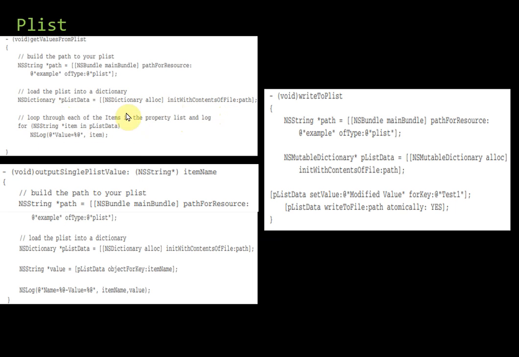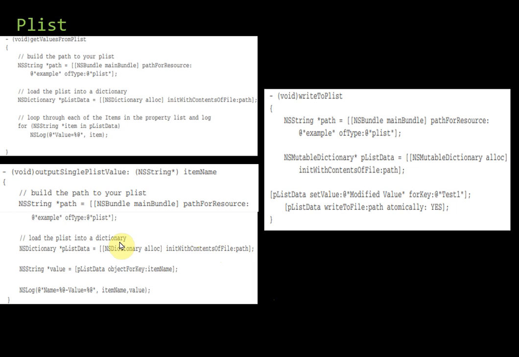Once you have loaded, next you're looping through all the items in your plist, and you are displaying that, or you can say you're writing each of the contents. You can see here NSLog. This is your Objective-C. Okay, so how we are displaying here each of the items that is there in your plist, that corresponding value will be displayed here. You're writing it as percentage followed by this at symbol. This is the Objective-C code that is written. Okay, so this is the first part wherein you're getting the value from the plist.